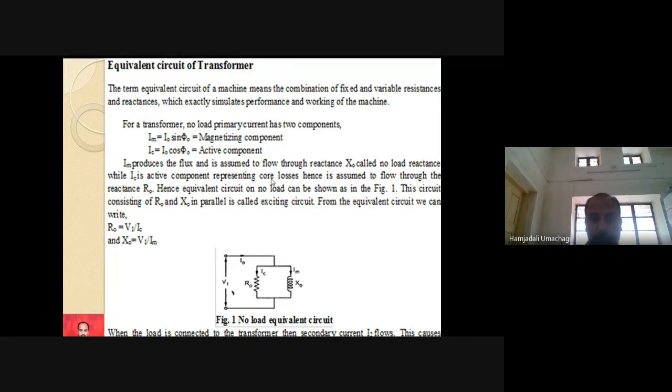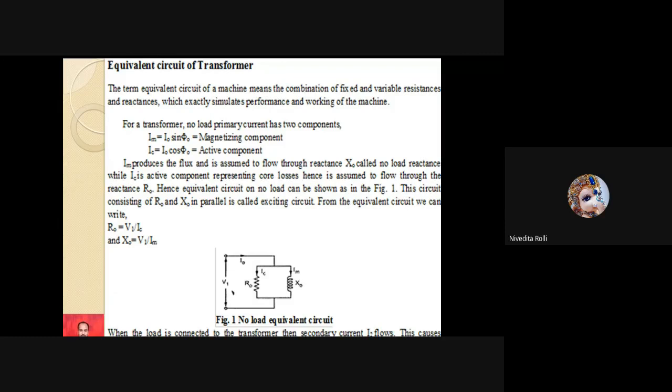Let us see here. In the previous transformer phasor diagram, while I was explaining, I told you in the primary circuit there will be a magnetizing branch. This is the branch I explained to you in the previous class, right? I hope you remember this one. Yes or no? Have you remembered this circuit diagram I explained in the previous class? Yes?